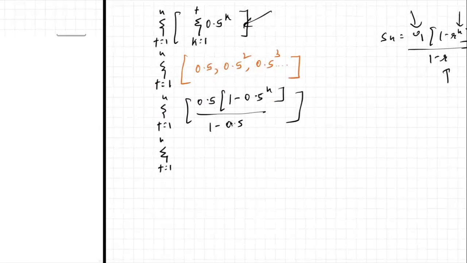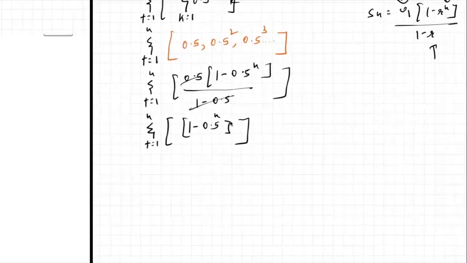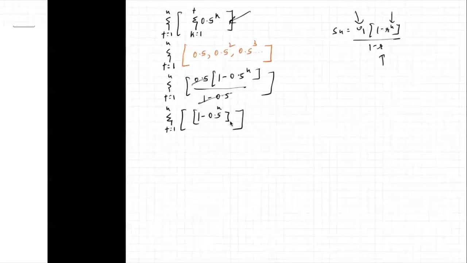T is equal to 1, it goes up to n. This would be 0.5, this would be 0.5, and hence you cancel them. You'd be left with 1 minus 0.5 to the power of n. Now, once we arrive at this step, I'm going to use